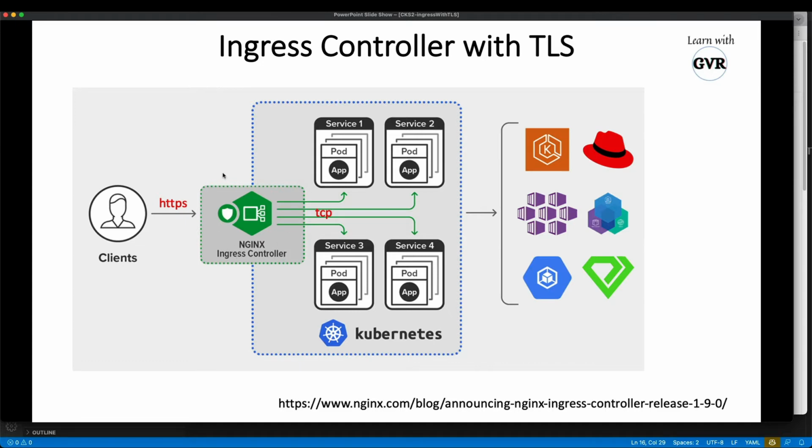I will deploy this ingress controller as a load balancer, and whenever somebody accesses a particular service, they will be accessing this ingress controller, which is a load balancer. Load balancer / service 1 will be routed to service 1. Ingress controller / service 2 will route to service 2, and similarly 3 and 4.